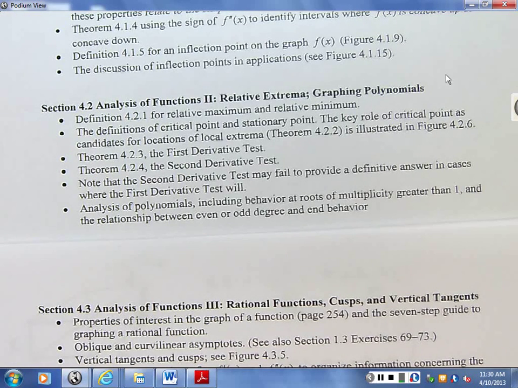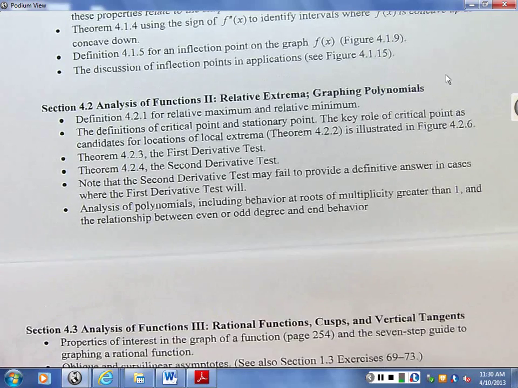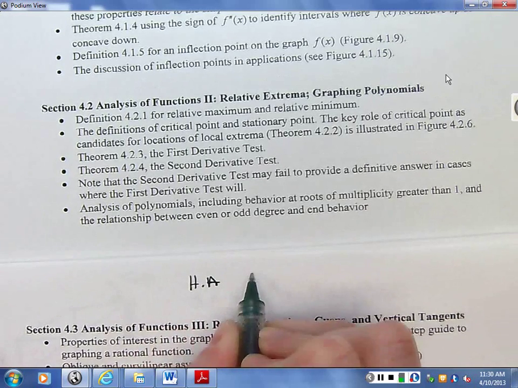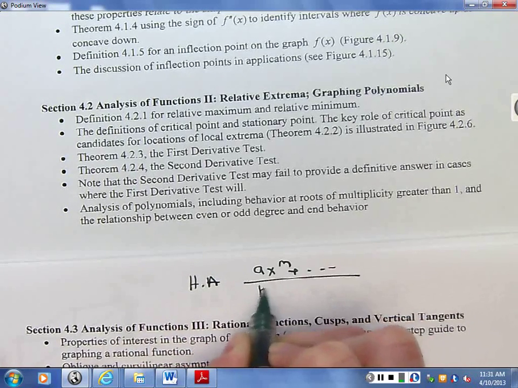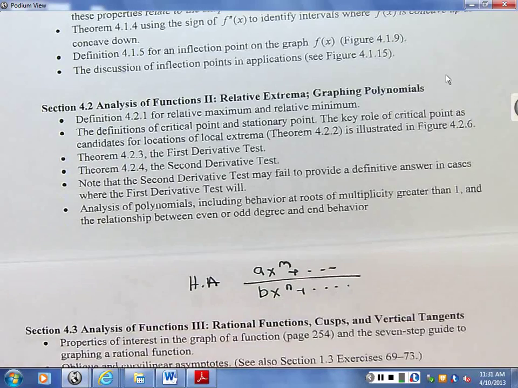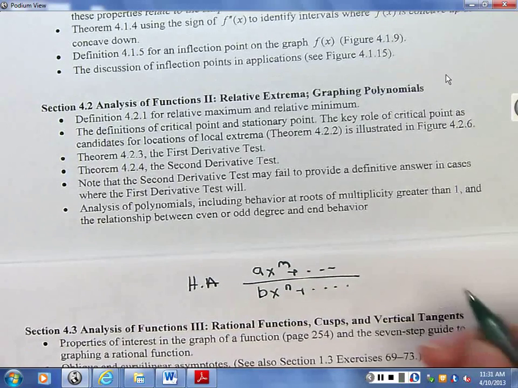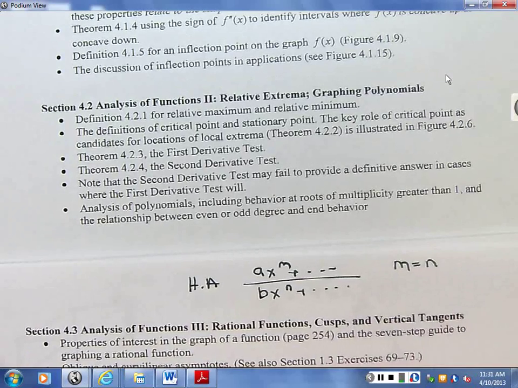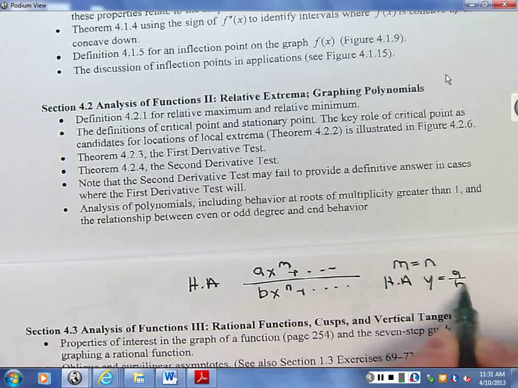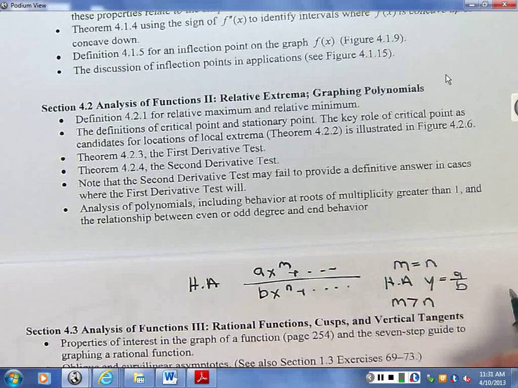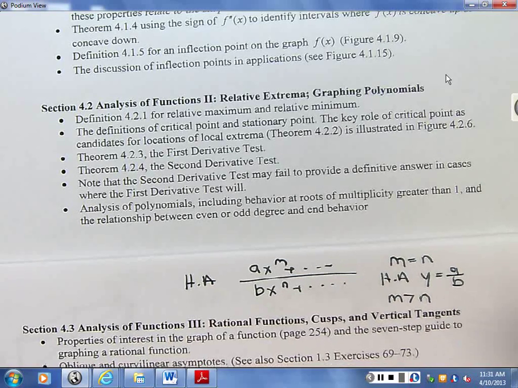So for a horizontal asymptote, I'm just going to write this on top of here. We have, let's say, ax to the m plus something over bx to the n plus something. Okay, so when m equals n, what happens? The horizontal asymptote is, very good, y equals a over b. When m is greater than n, it's infinity. It's actually infinity, but more so we can test oblique asymptotes,